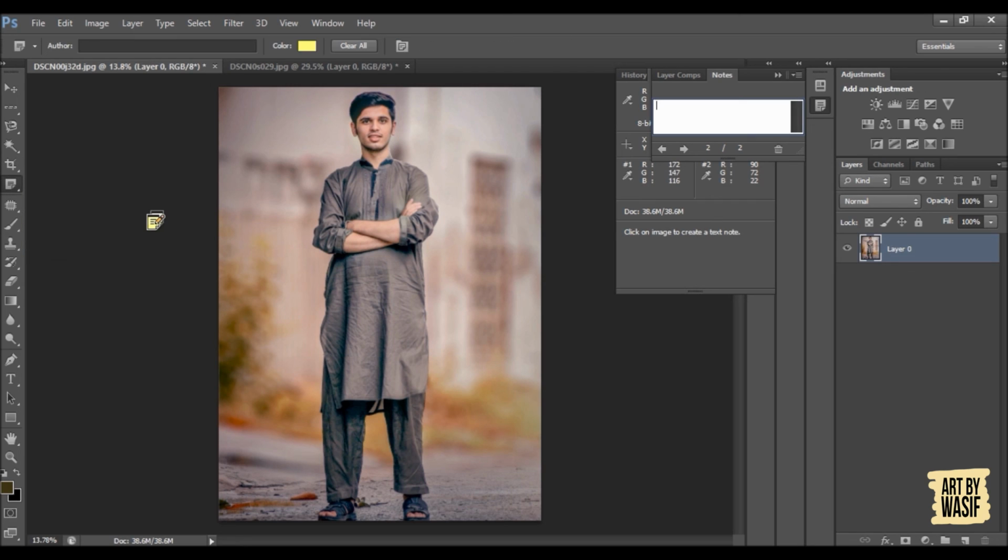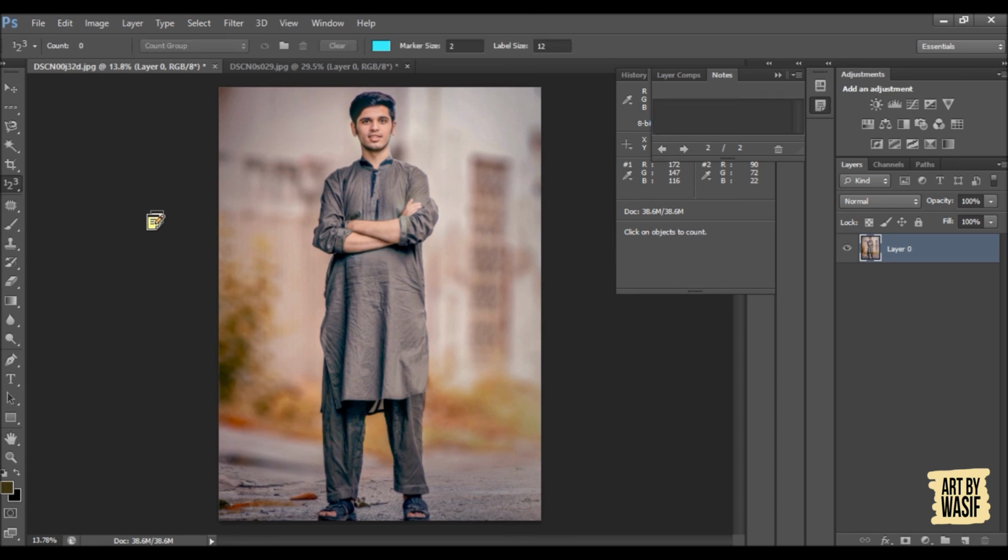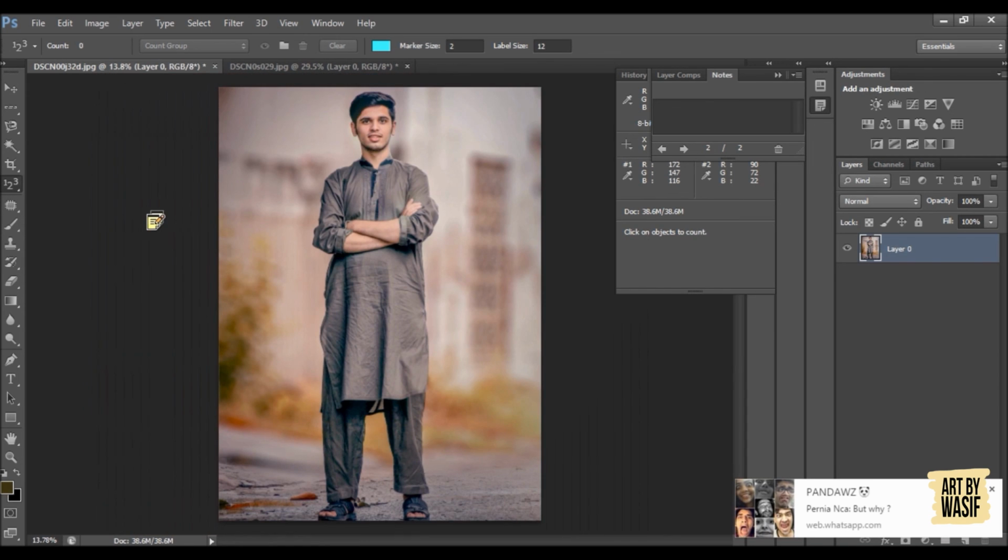Last part is the count tool. It is not mostly used for editing photos, but when you are creating a new object, like a pamphlet type thing, or designing any banner type thing, any page type thing, you can do numbering on it by clicking like this: 1 2 3.